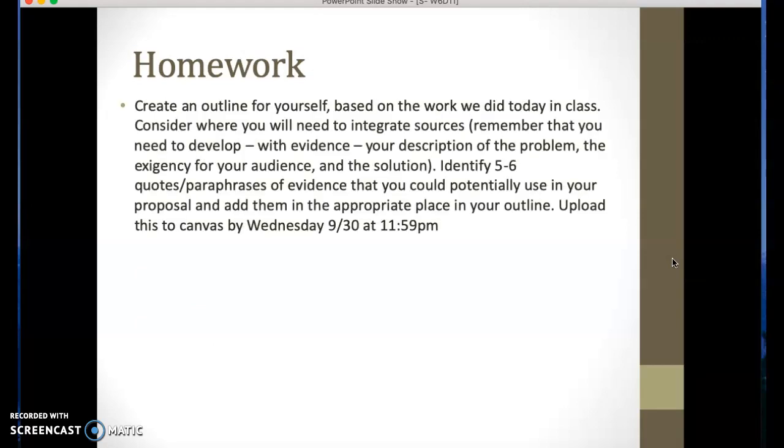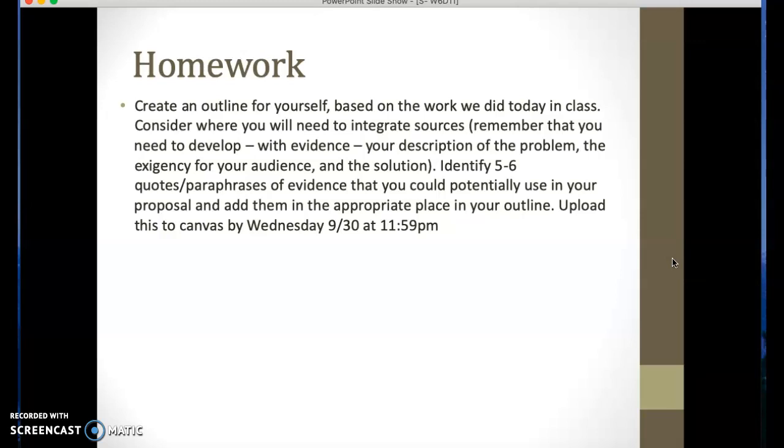For homework, I want you guys to create an outline for yourself based on the work that we did today in class. So consider where you'll need to integrate sources. Remember that you need to develop with evidence your description of the problem, the exigency or the urgency of the situation for your audience, and the solution. So identify 5 to 6 quotes or paraphrases of evidence that you could potentially use in your proposal and add them in the appropriate place in your outline, and then upload this to